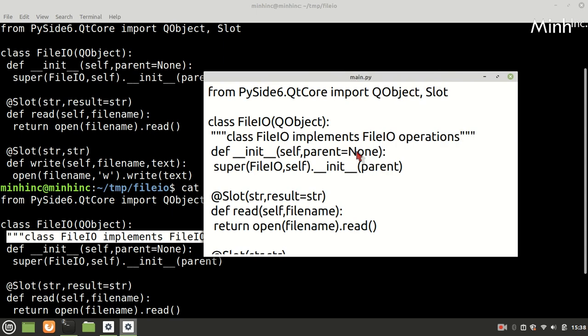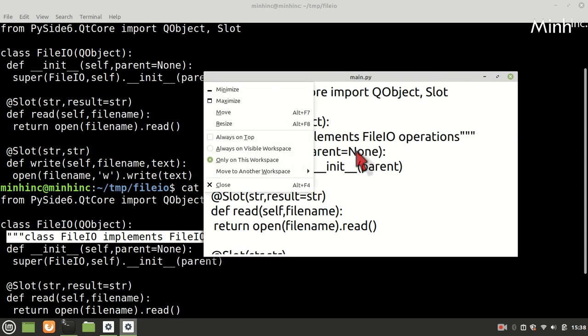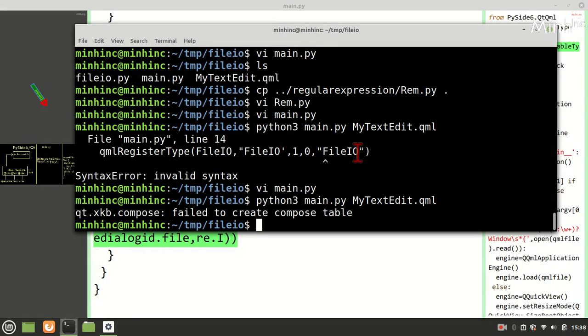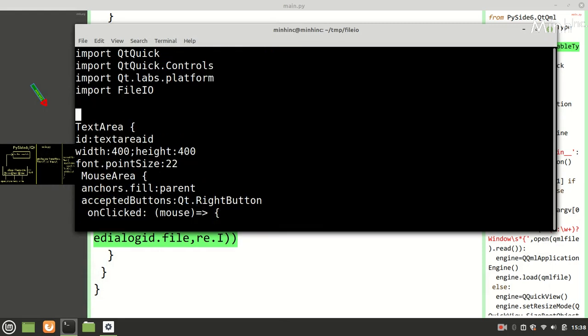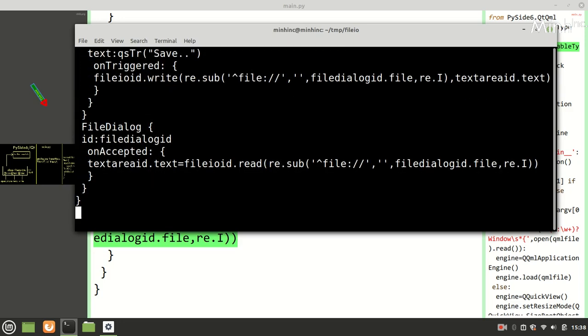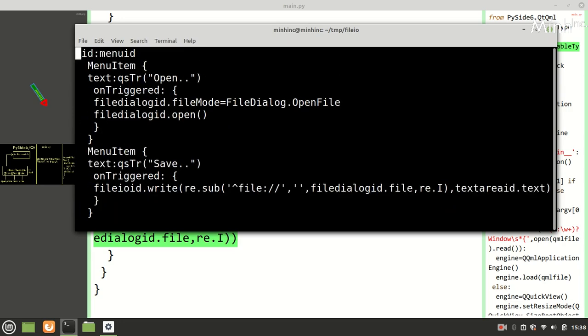If you want a scroller in this, we can change the code like this. We can have a scroll view, and then that's it.